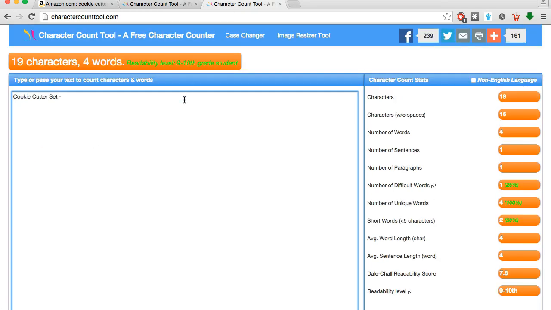Those are not only priced better, but they sell better. They're ranking better on Amazon in the search results. So I'm going to put cookie cutter set dash, and make sure there are spaces before and after the dash, stainless